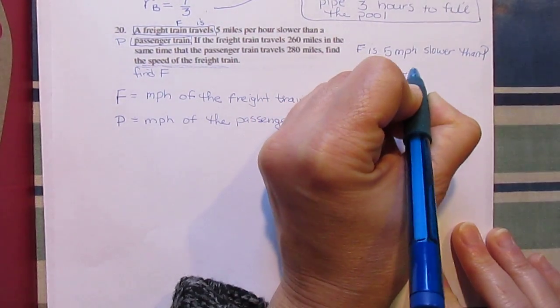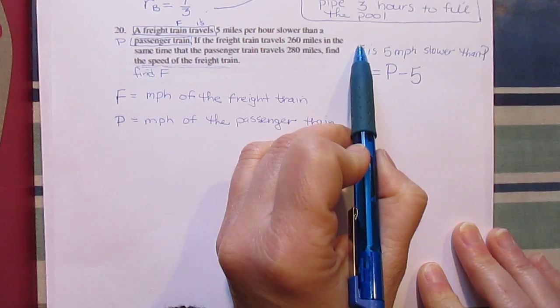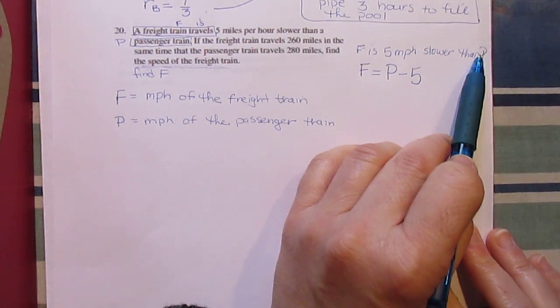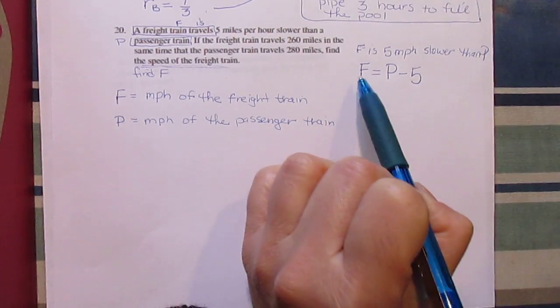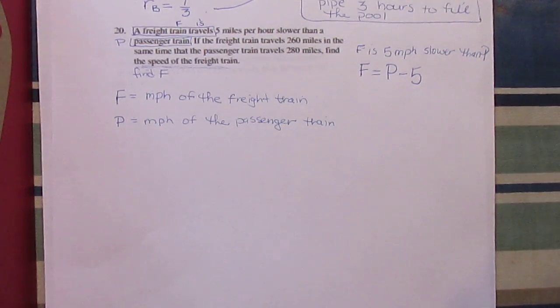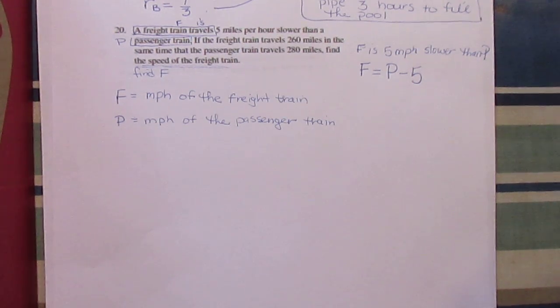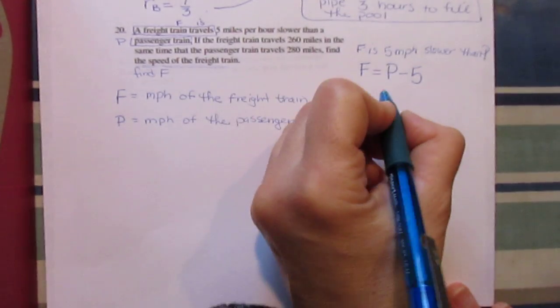That one's not that bad. This is F is slower than P. I have P and I take off 5. Now notice, this is miles per hour, this is miles per hour, and I'm subtracting off where P is also miles per hour. So each of these is the same unit. I can add and subtract them. Gotta be aware of that. Next, we're talking about distance. Okay, so we know that